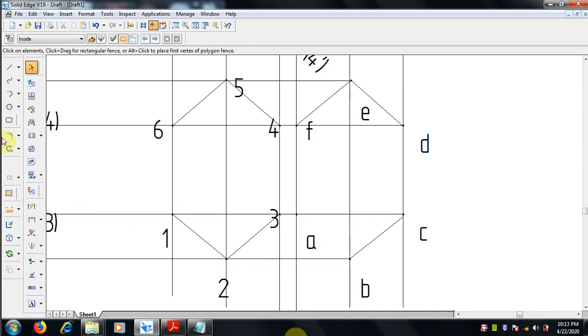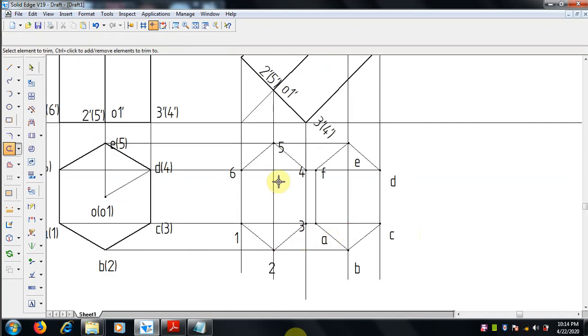Edges 1 to A, 2 to B, okay, that we will check it. Once it is done, clearly zoom it and we have to edit if any problems appear.